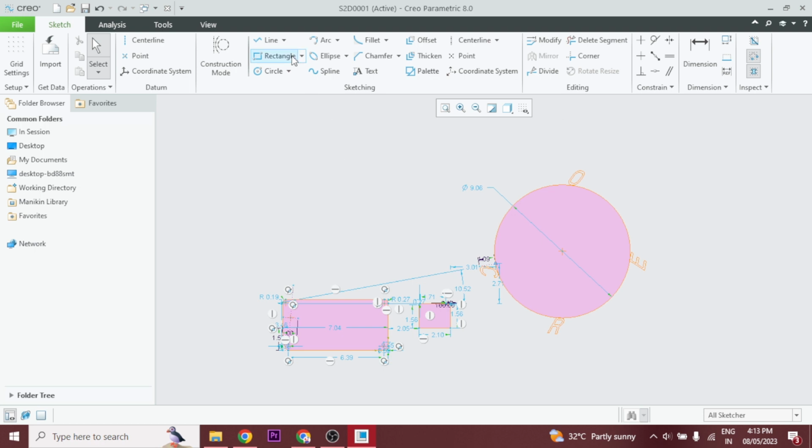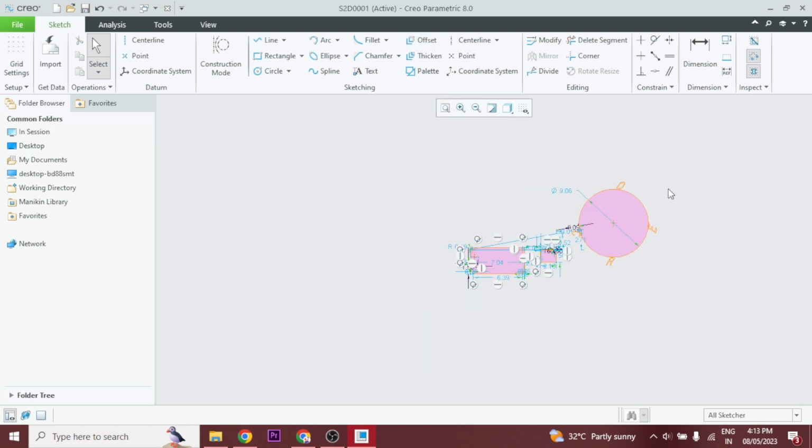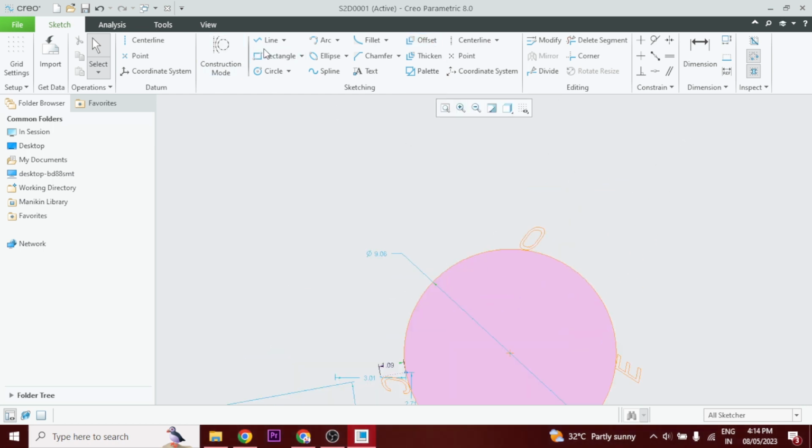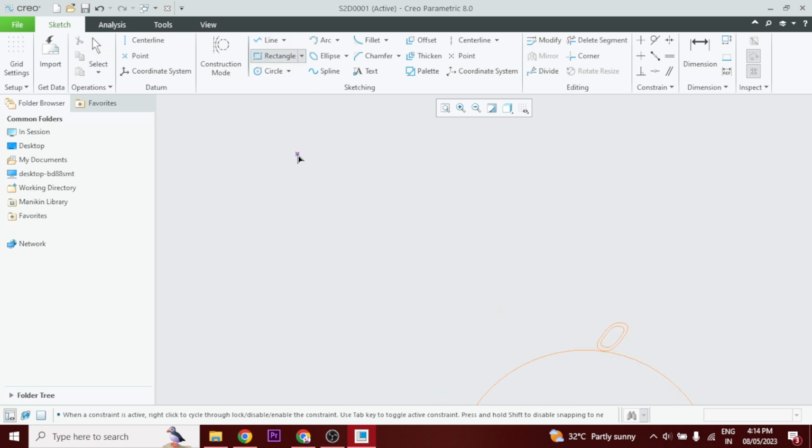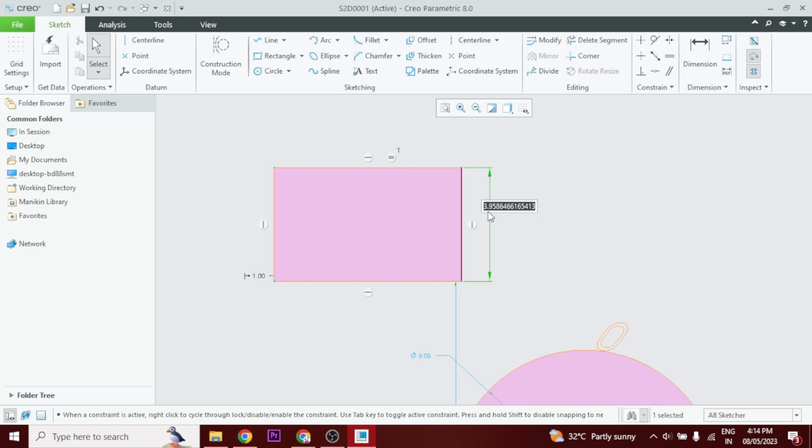So this was the text option, and now let's see the offset one. Now what is the offset curve? Offset curve is nothing but if you want to copy any of your curve or entity at some specific distance without changing its shape, then you can go with the offset curve. For example, here we have a rectangle. If I want to offset this rectangle,